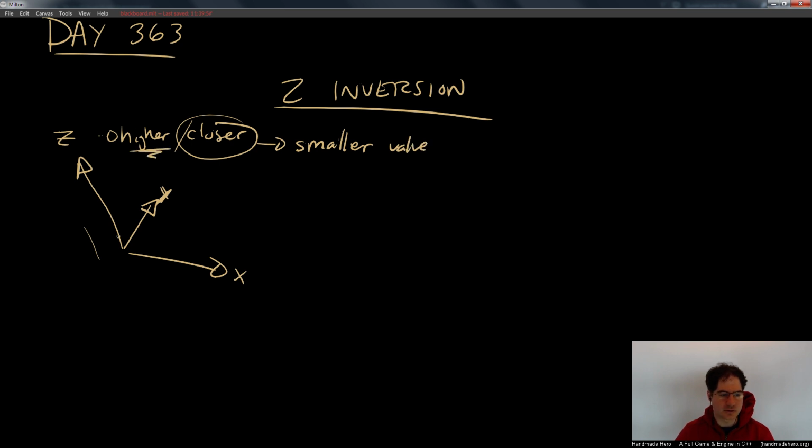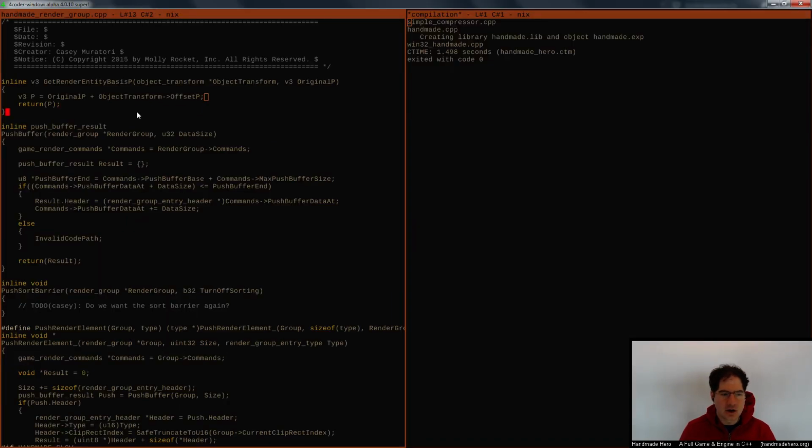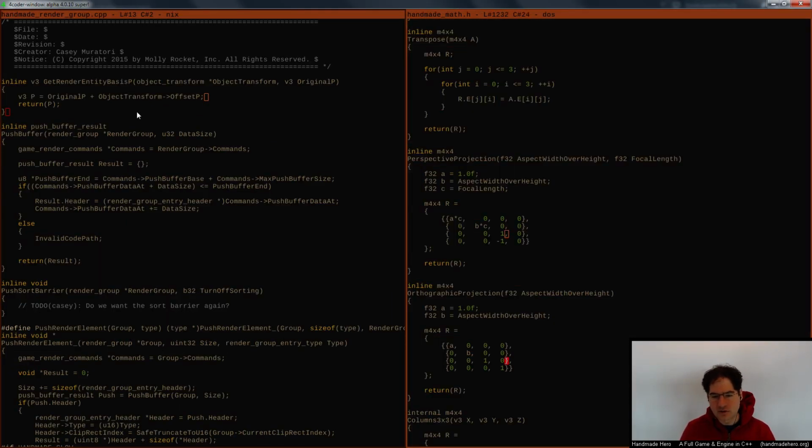But that's not going to be true as z gets higher. Now, because we were previously writing our own code for the projection, that wasn't a problem. Because all we did was take whatever the point is and subtract the location of the camera. That gave us a value that was getting higher as you went down negative z, and that's what I was stuffing into the z-coordinate. So obviously, when we built our projection matrix to match that, we could just put the z-coordinate directly into W